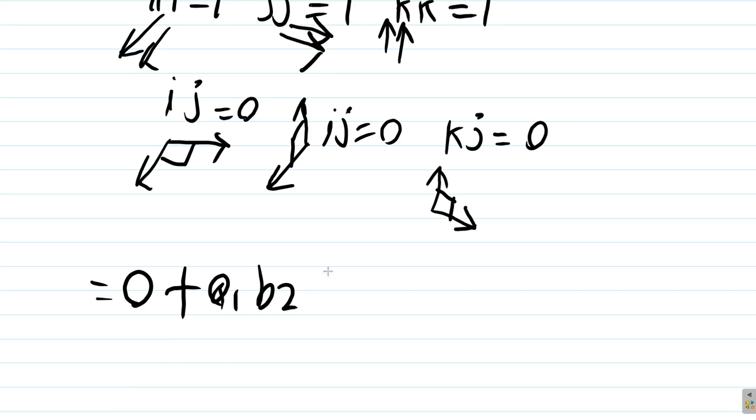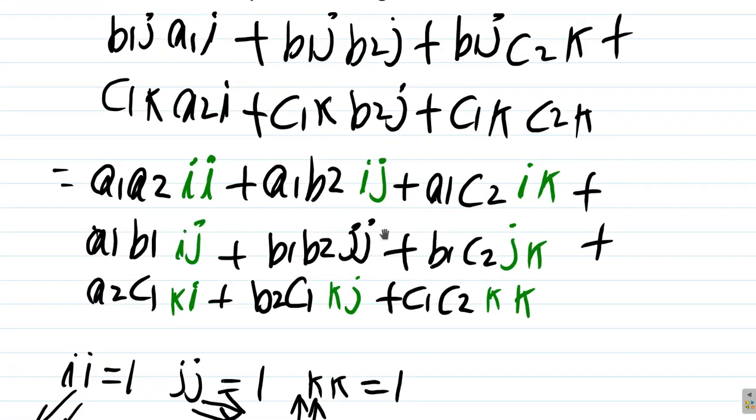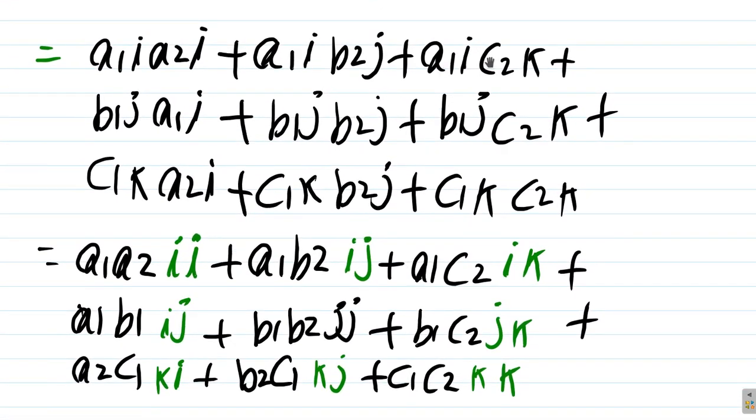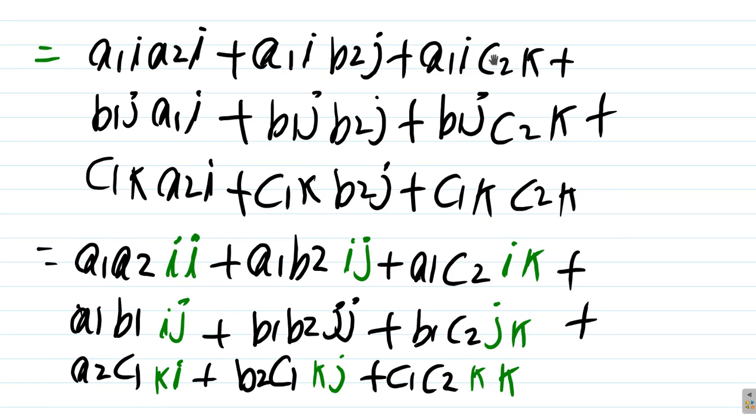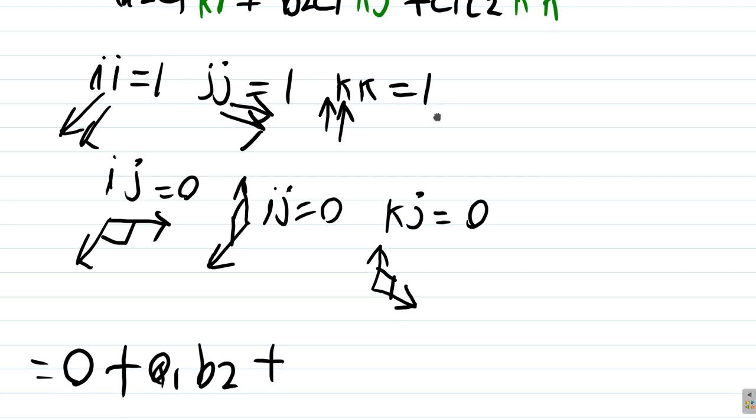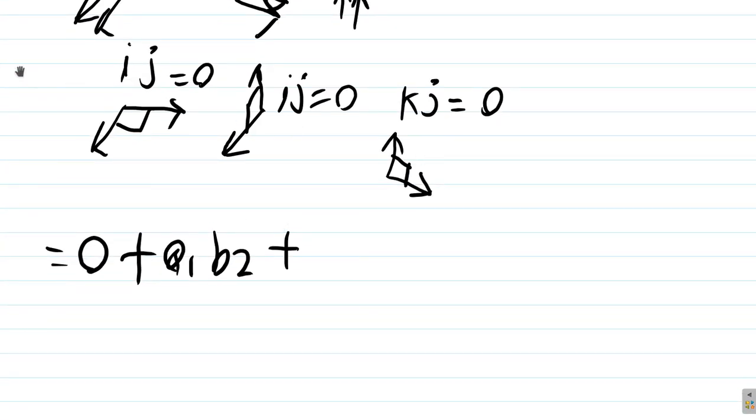It's A1, B2 plus, what happened with this one? It's 1. Right? So A1, the IK is 1. So A1, C2 is there. So we have A1, C2 plus